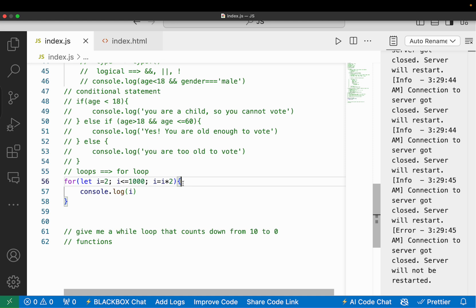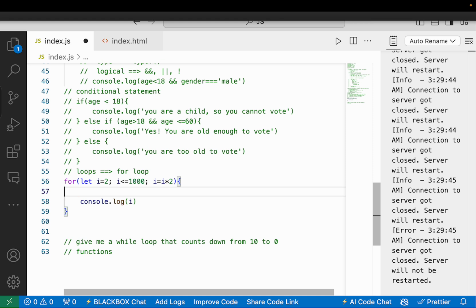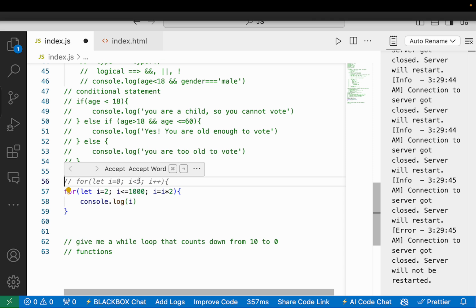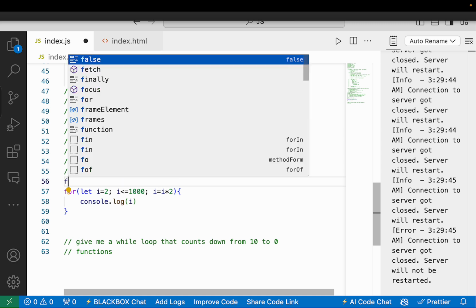Okay, so I must tell you, there is a lot you can do with for loop. There is so much you can do with for loop. For instance, you can take an array. We talked about array in our last class, in our last video. You can take an array and log out only the even numbers in that array. So for instance, we can say